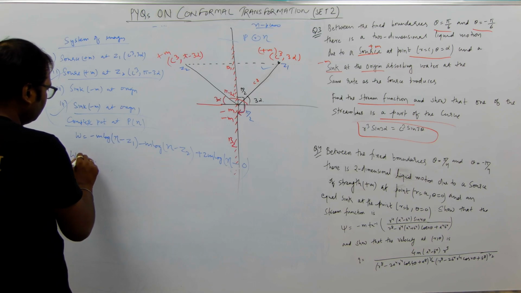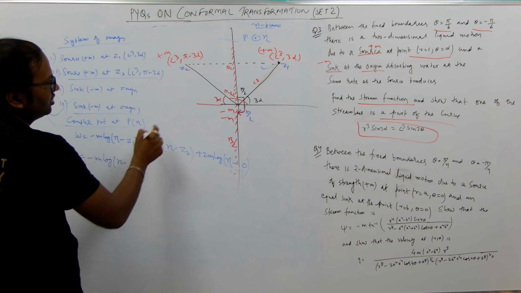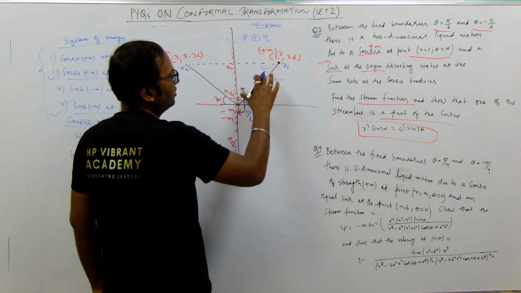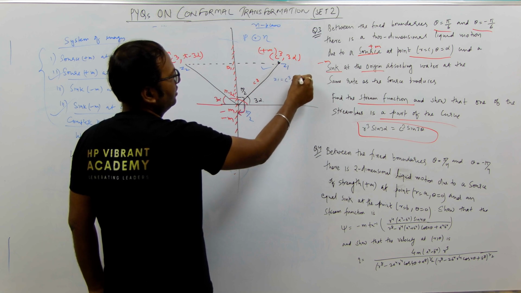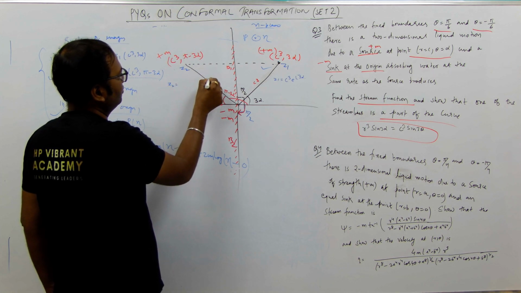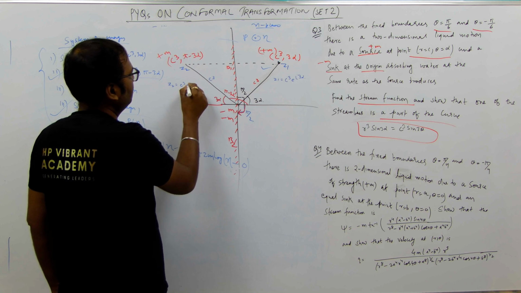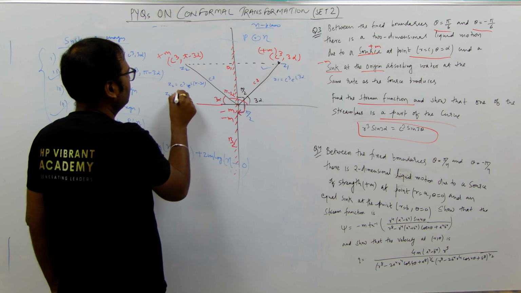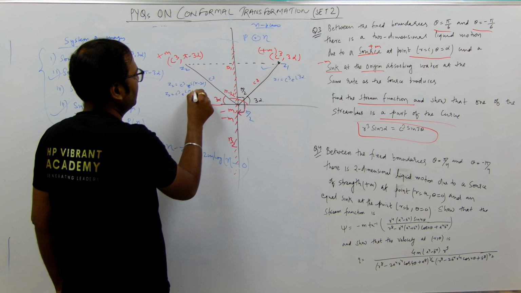तो W इज इक्वल टू माइनस m log (ζ − Z1)। Z1 की वैल्यू क्या हो जाएगी? देखो, Z1 इज इक्वल टू R e टू द पावर iθ, तो दिस होल डिस्टेंस इज c³ e^{iθ}, और एंगल क्या है, 3α, समझ में आना। और Z2 कैसे हो जाएगा? Z2 इज इक्वल टू R³, तो हिज होल डिस्टेंस इज c³, तो c³ इंटू e टू द पावर i(π − 3α), तो ये जाएगा Z2 इज इक्वल टू c³ e^{iπ} इंटू e^{−i3α}।